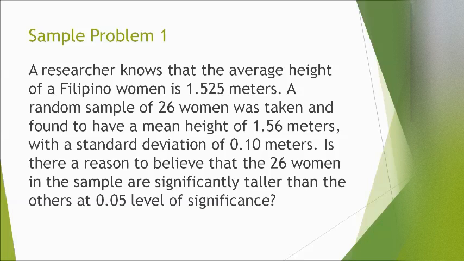Okay, so as you can see, the worded problem does not tell you if you're going to use the left tail, the right tail, or the two-tailed test. It's for you to analyze. It's easy to analyze by the given words, or you just have to look for the specific words that I told you before. So let's try to apply the 6 steps.